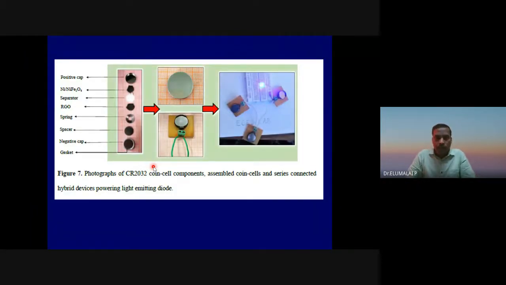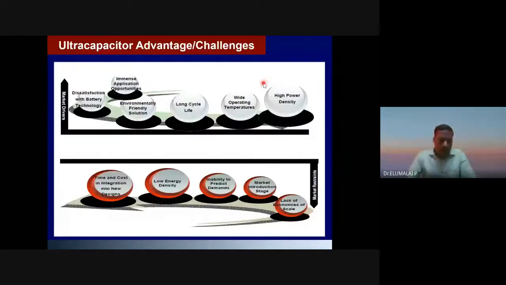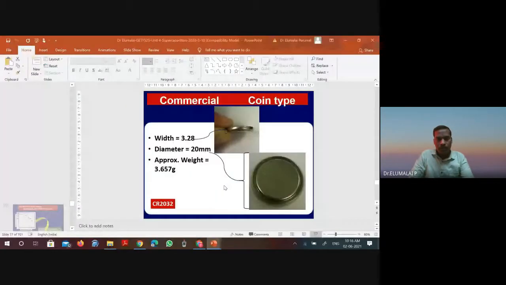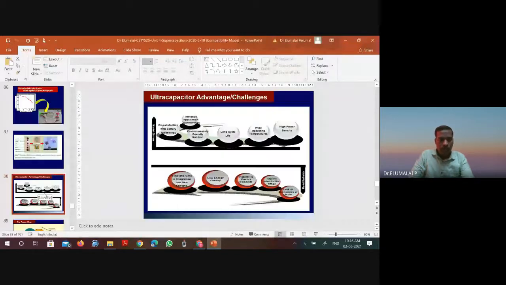This is nearly like commercial or conventional capacitors, made in our lab using nickel ferrite as a cathode and RGO as a negative electrode. Coin cell, we have made 3 such coin cells. So it can be made as a working device. So I'll stop now. Maybe one more class to go for the supercapacitors. It's mostly some history of supercapacitors. After that, we'll wind up.